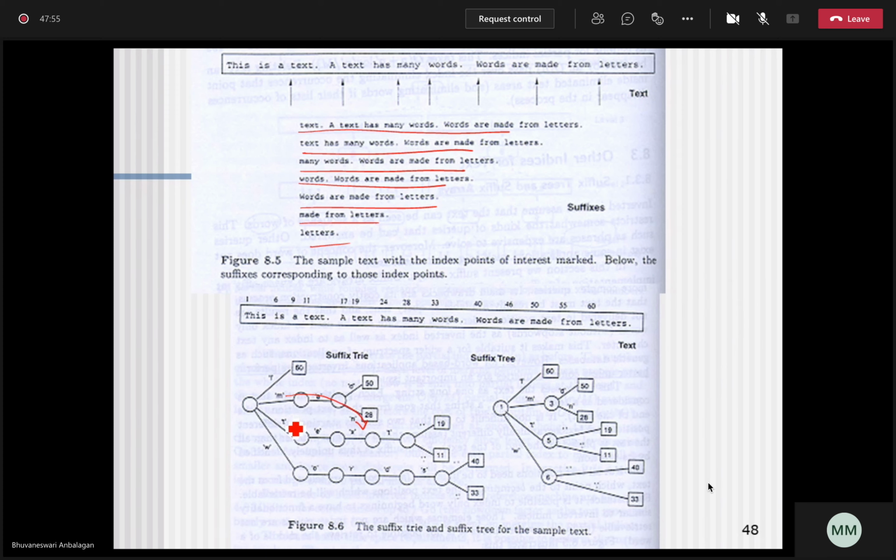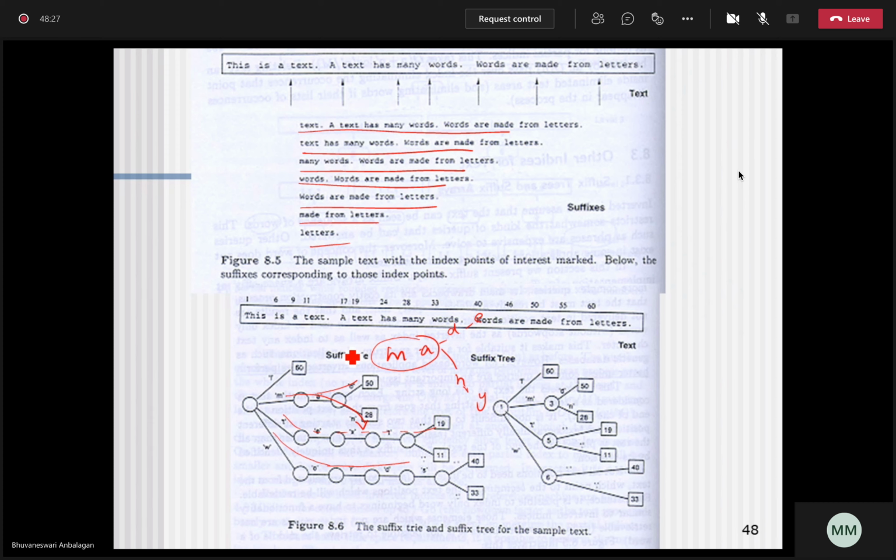Okay, and then you can find the letters over here, LETTERS, letters over here. Okay, and then you can find the text over here. Text will be over here, and then you'll have made over here, MADE. So if you have MA, you can have D over here, DE. This way it will go made, and then this way we will get many. So MA is going to be the common term. So in this way you can create a suffix tree.